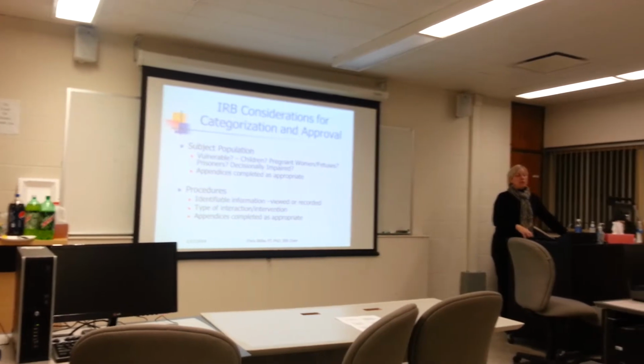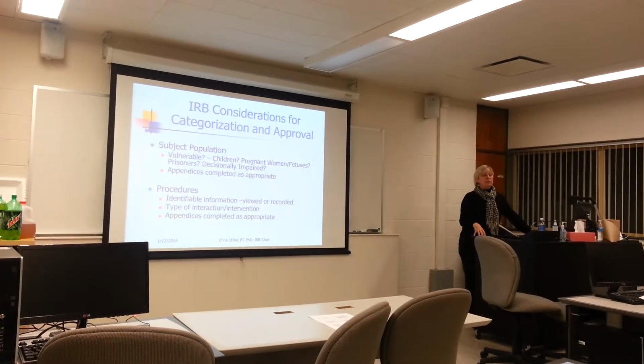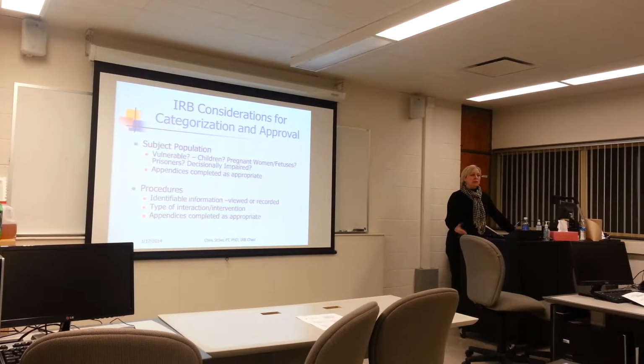Not, they have to have what's called a legally authorized representative, which is someone, like for kids, it would be a parent. If it's an adult who has some type of cognitive impairment or something else where they can't always make good decisions, then that person would be assigned to. There are also appendices for these vulnerable populations that you have to fill out. There's one for kids, there's one for prisoners, there's one for people who are decisionally impaired, so you can fill